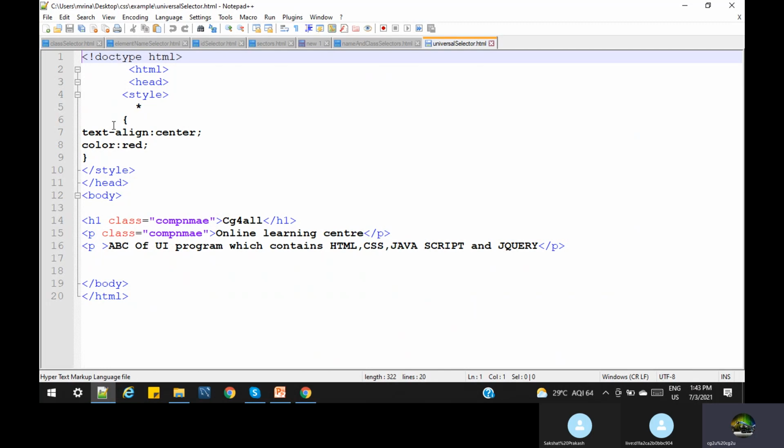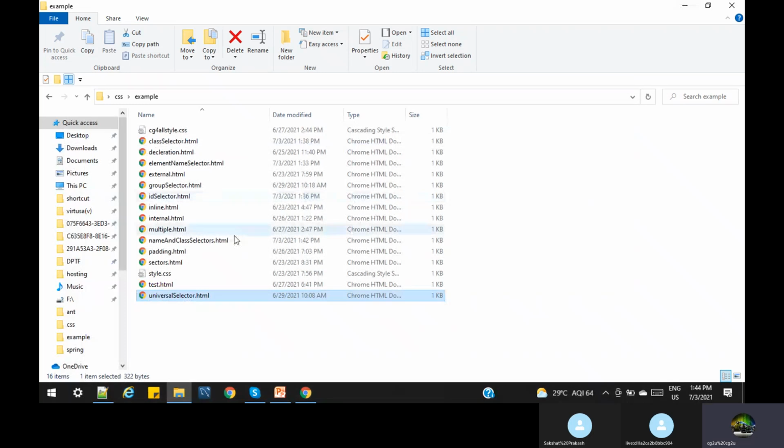But when we put this star, it means all the CSS across this should be aligned with this style sheet. When this HTML is loaded, this star symbol passes this information to HTML, and accordingly the web page is rendered in the browser. Basically, the browser also contains some CSS. When we explicitly put our CSS, the page is formatted the way we instruct in our style sheet. Let us run this and see.